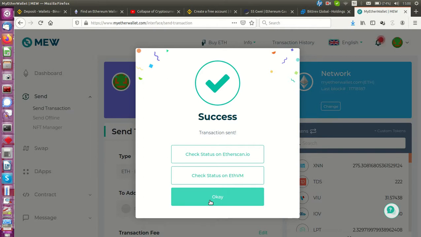Since the Ethereum network highly depends on mining devices, some of the mining machines, some of the mining pools will take my transaction, accept it, and send it. If you want to look at the status of your transaction, you may go to one of the Ether Explorer websites. I will use Etherscan.io again. You may also use other ones, for example ETHVM. If you click this one,